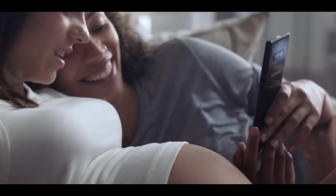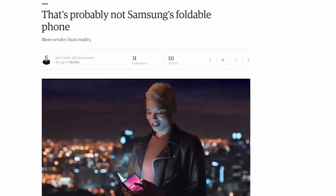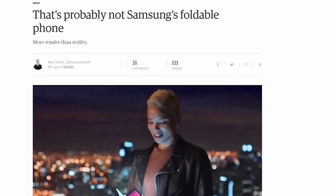Wait, what, an ultrasound phone accessory? You plug it into your USB Type-C and you just... Yeah, it's futuristic. So it's possible the phone in the promo isn't the same device we'll see at Unpacked, but